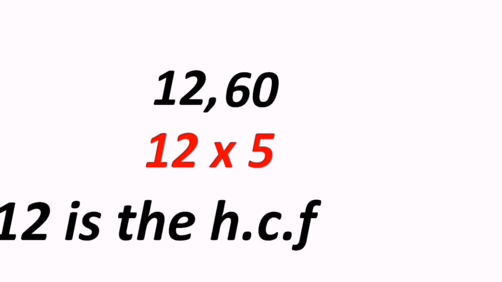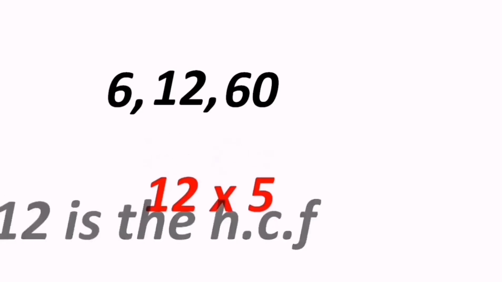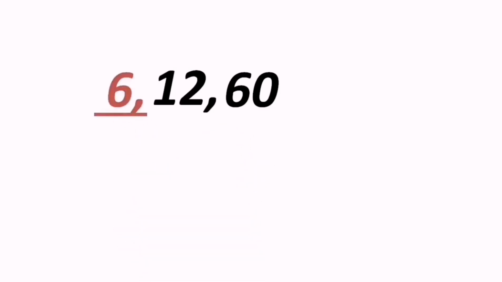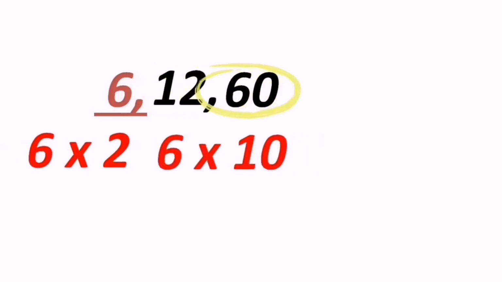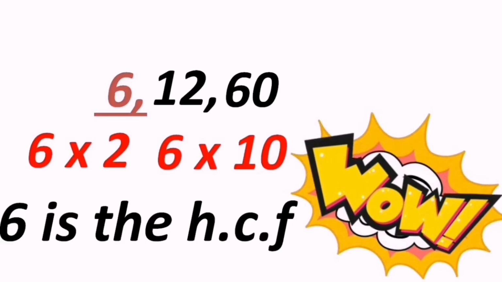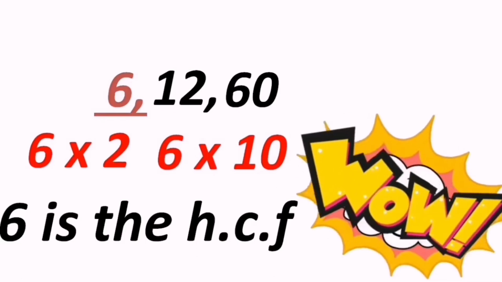Okay. Now consider one more number added to this group, that is 6. And now I need to decide which is the HCF of this. The way we decided, first of all, see which is the smallest number. Presently this is 6. And now in the table of 6, do we get 12? Yes, we get 12. Do we get 60? Yes, we get 60. And when this situation appears in front of you, we can say the smallest of them is nothing but the HCF. But the condition is that the remaining 2 numbers should appear in that table.